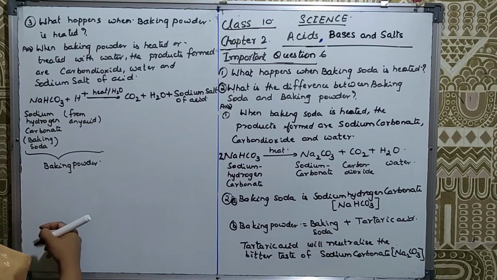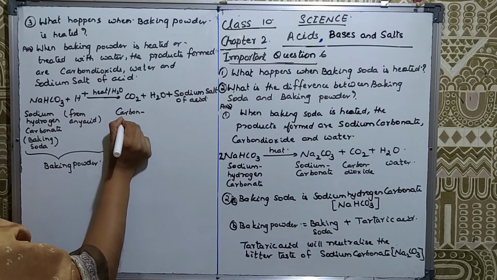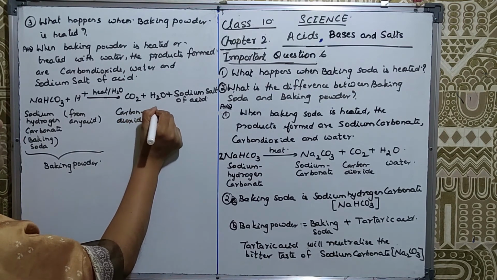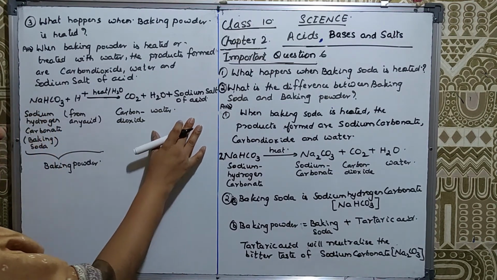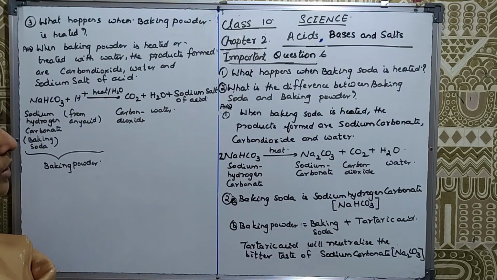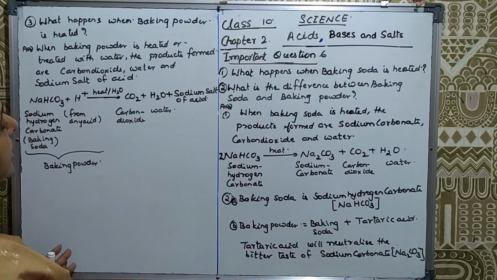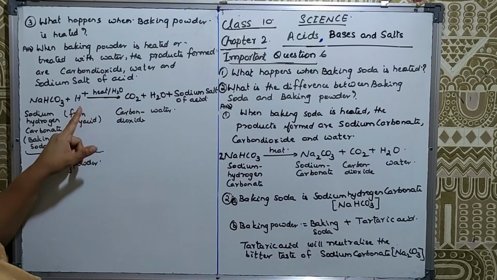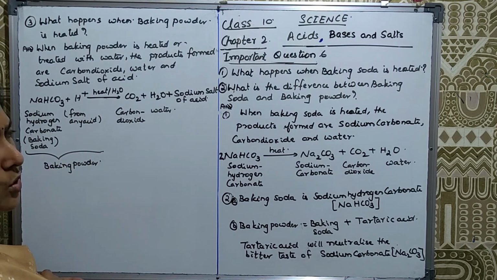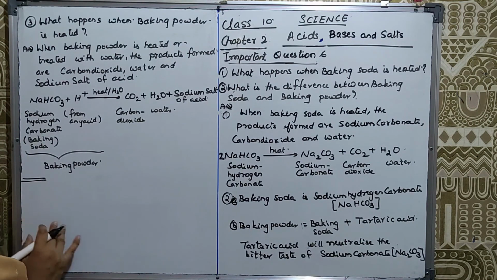That one, on heating or on treatment with water, gives carbon dioxide plus water plus sodium salt of acid. So now it became sodium salt of acid, so the bitter taste of baking soda, otherwise the sodium carbonate formed during that heating, got neutralized. And this one will be used for making the cake soft and spongy, because carbon dioxide gas released during the heating of baking powder will make the cake soft and spongy. Now we'll go to the next one, preparation of